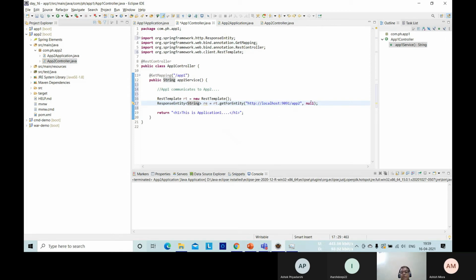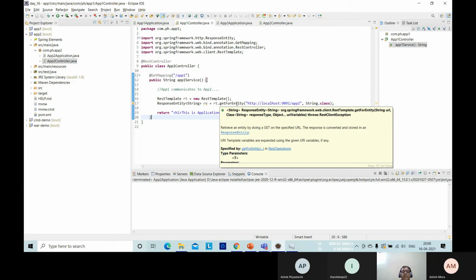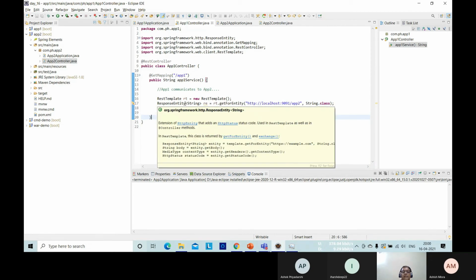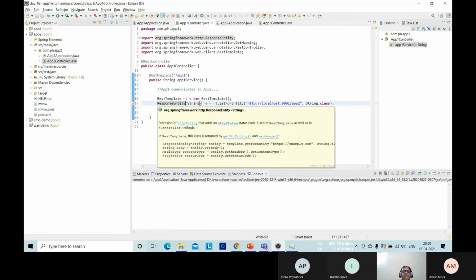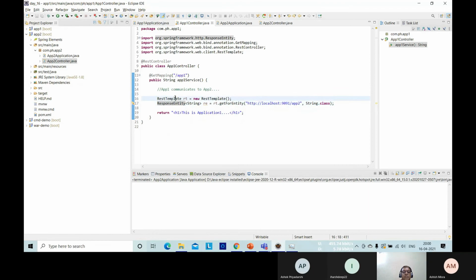So the second parameter you have to specify is the return type. Remember, these are the two parameters of getForEntity. ResponseEntity and RestTemplate, these are the two classes you have to remember, and you have to study those classes.